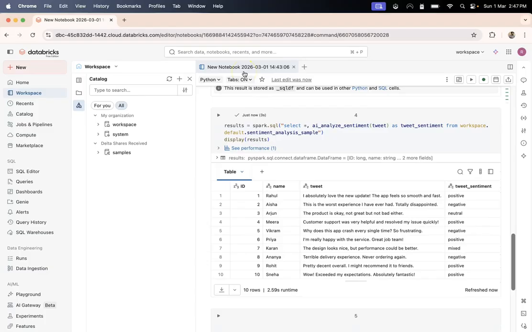Now, why did I have to show you this? Because I now want to show you how you can use AI functions to create a job. Maybe you have a task where every day or every hour a new table is uploaded to your cloud storage, maybe AWS cloud storage, and from that cloud storage that table automatically appears in your catalog.